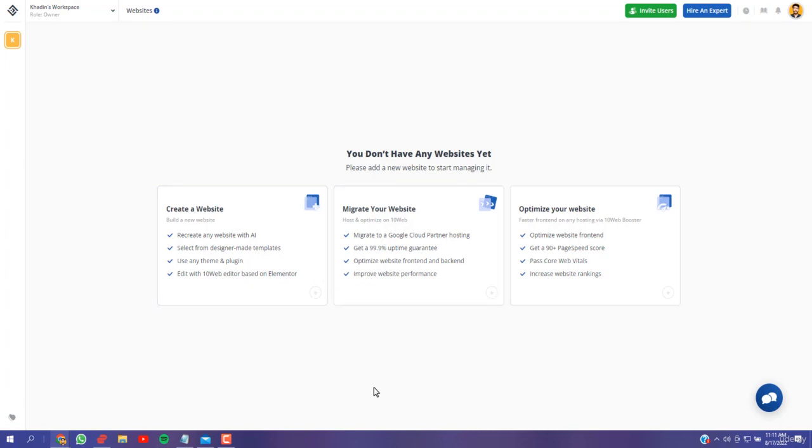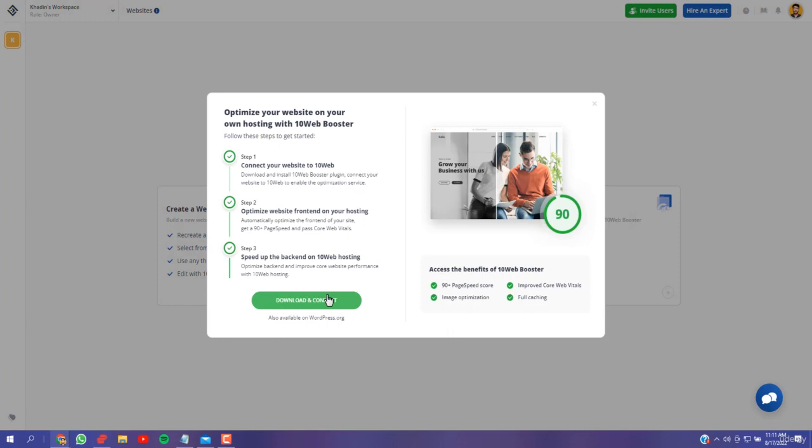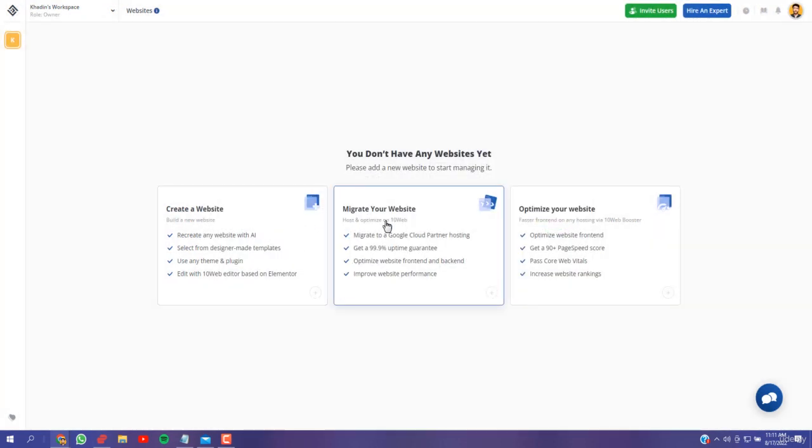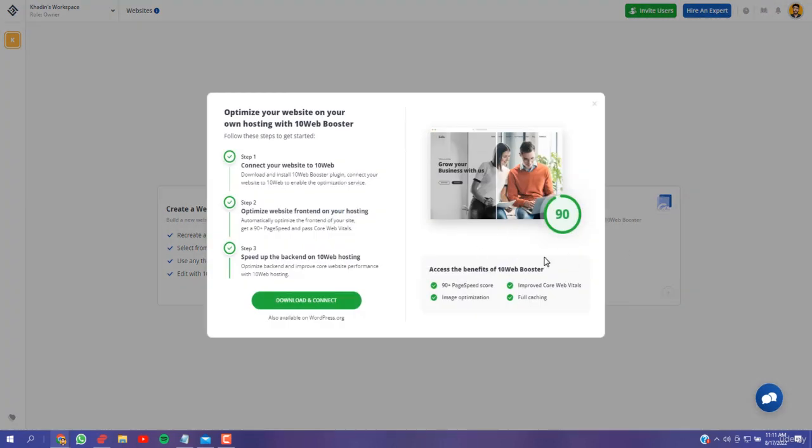Now you have three options. Basically I'm their pro user, but with the free version you can boost your website. These two features, like creating a website and hosting the website on 10web hosting, are pro versions, but you can optimize your website for completely free. So just click on optimize your website. Basically these two features would not be available for you after signing up. You will just get this feature, so you'll just have to click on optimize the website and click on download and connect,